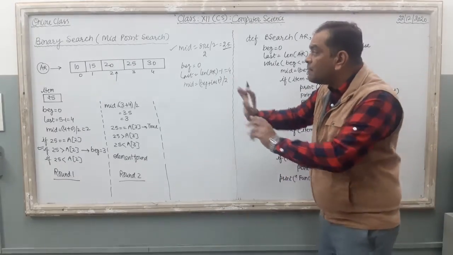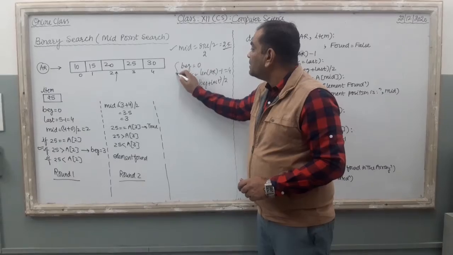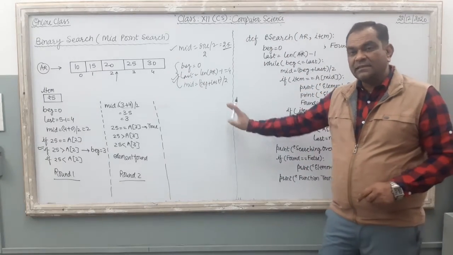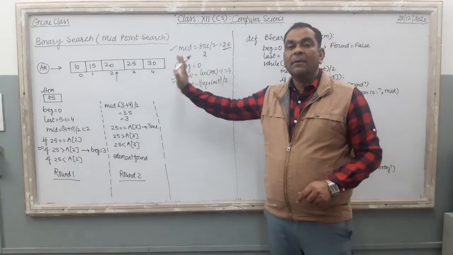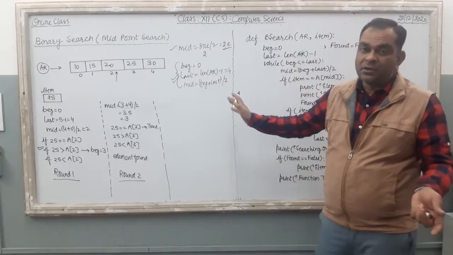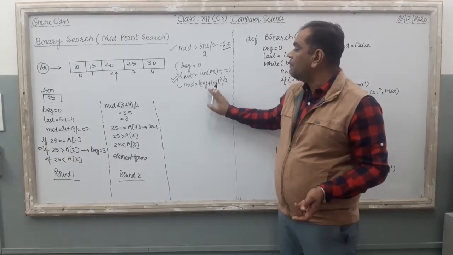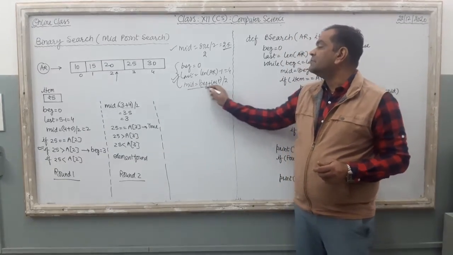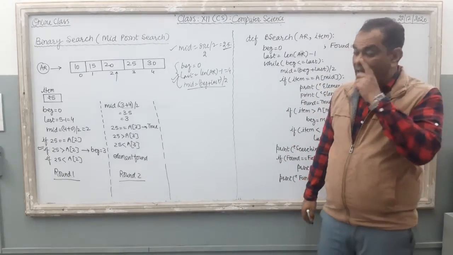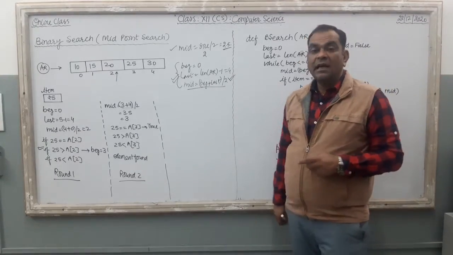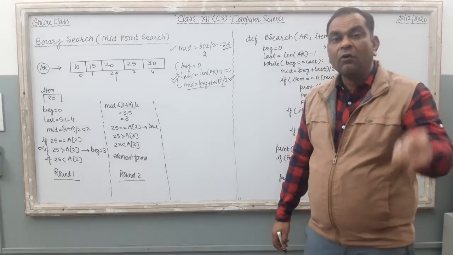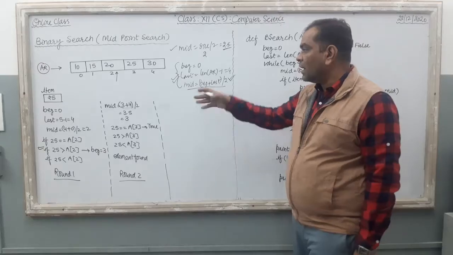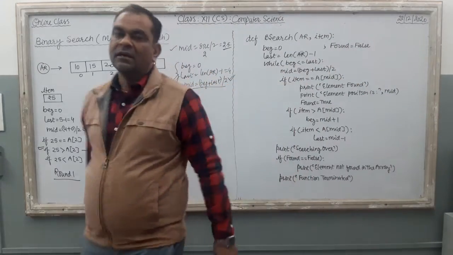In this binary search technique, we use this particular formula. Just find out the beginning position of the array, find out the last position of the array, and then calculate the middle position by using this formula. So, very first, understand that this formula is used in binary search to find out the middle position approximately. Clear?